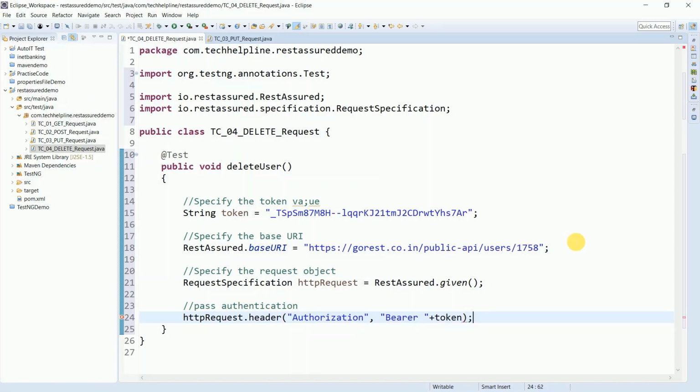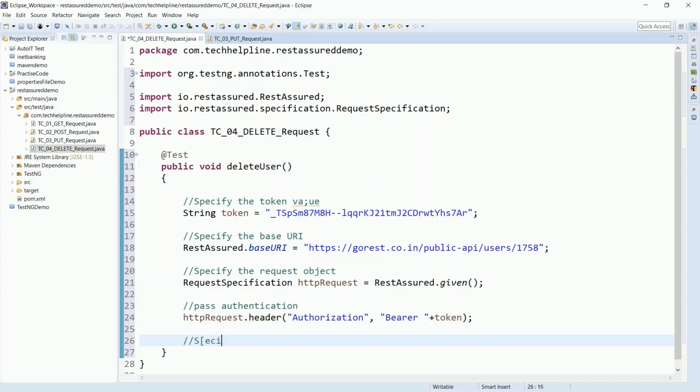That's it. So guys, next we have to create the response object to get the response from the request. So here I'm mentioning, specify the response object.